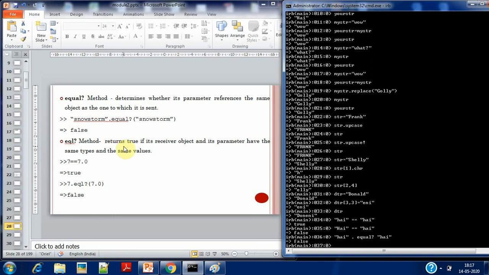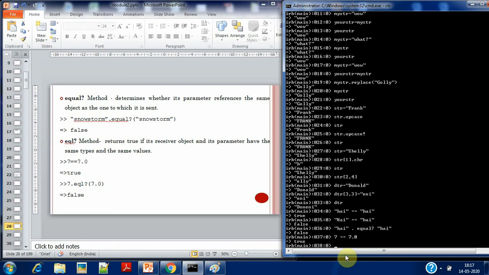Next thing you can see, next method, that is eql?, another form of equality, returns true if the receiver object and its parameter have the same type and the same value. Just check here, 7 double equal 7.0. So in this case it is true. Okay, this is equality in this case.